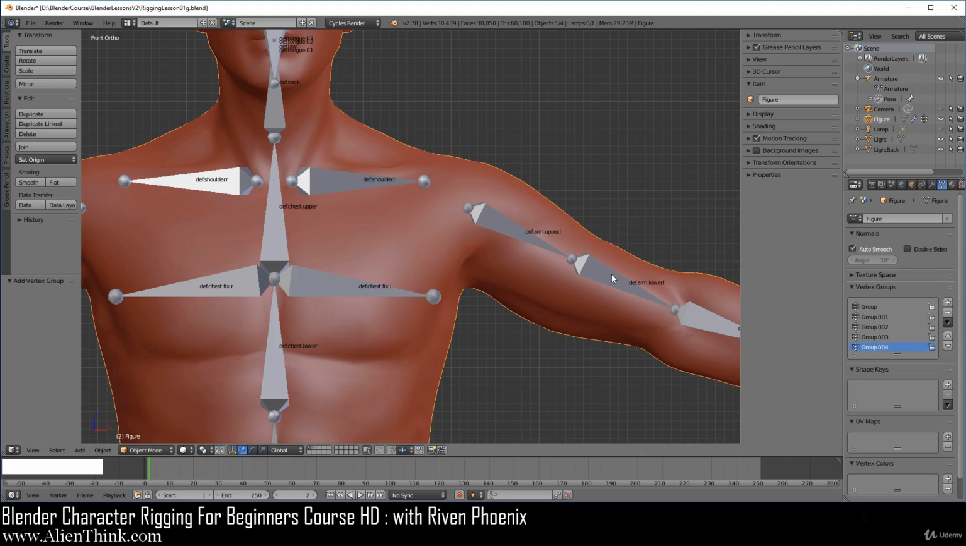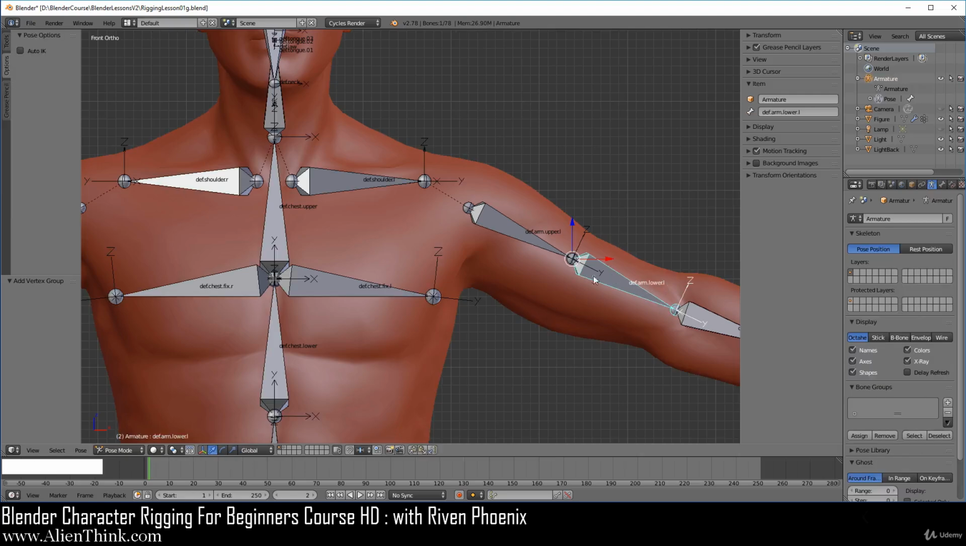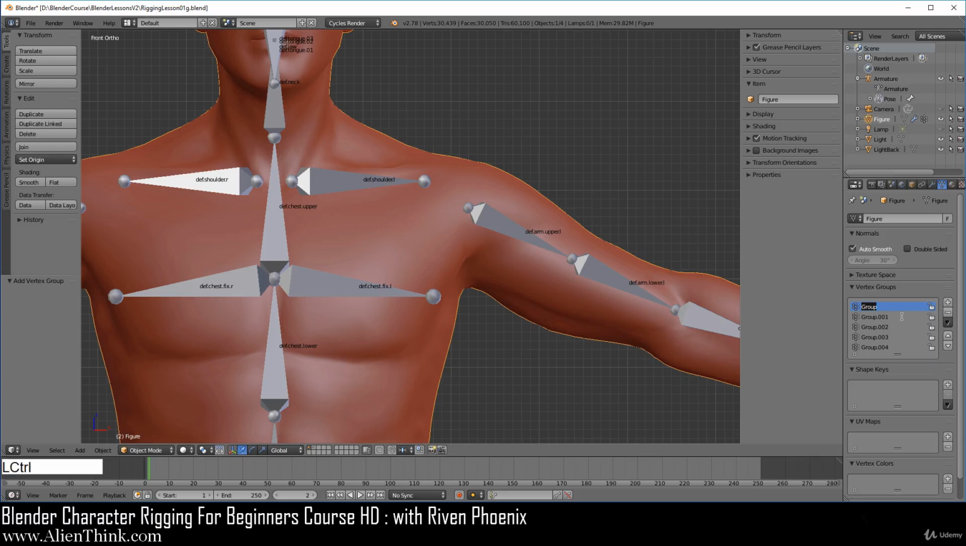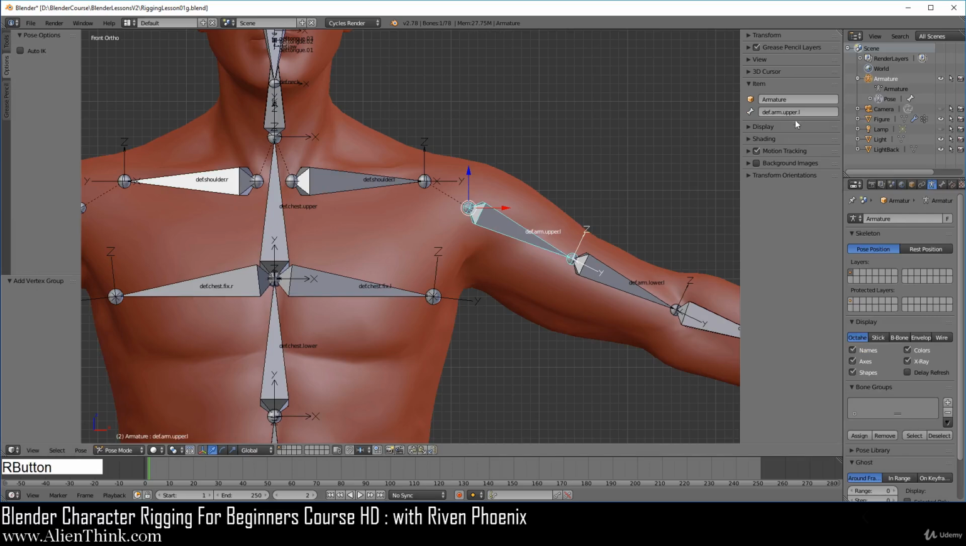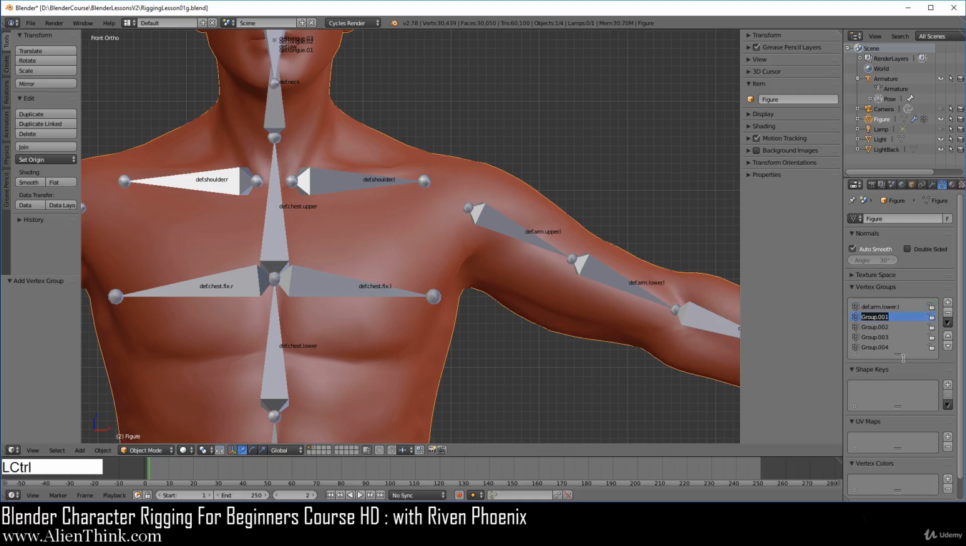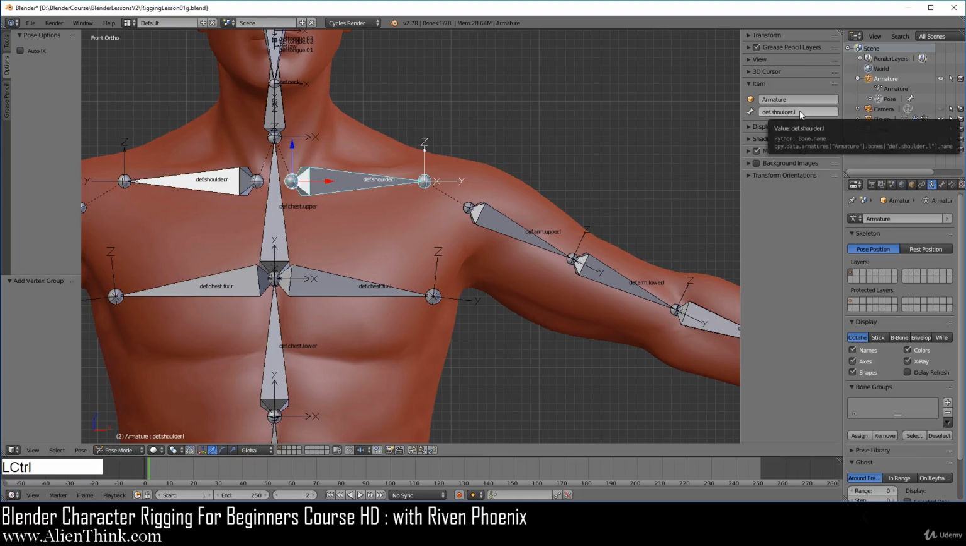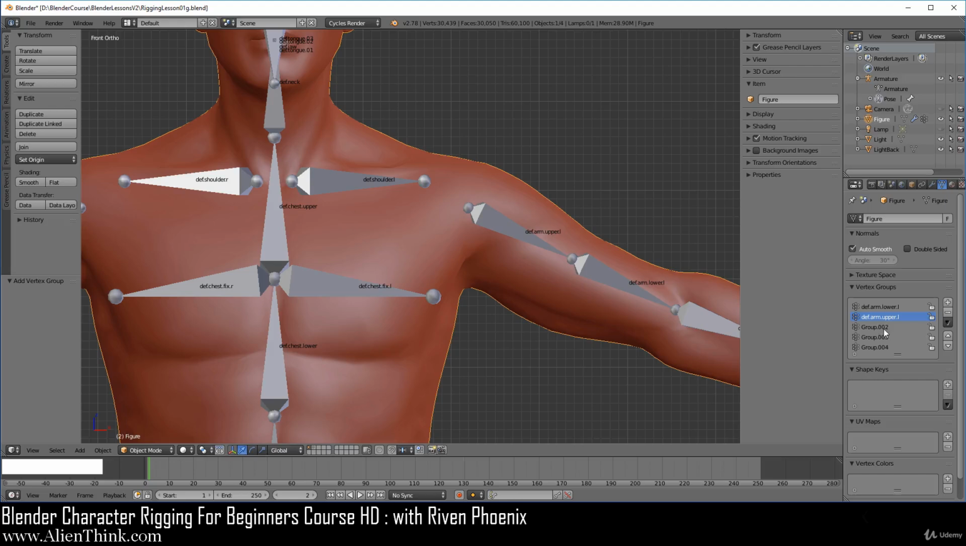Now go ahead and click on the devarm.lower.l bone first. Make sure that you're in pose mode to do this. Hover your mouse over here, do Control C, click on the figure, double click, do Control V, and press Enter. Now click on this bone, do Control C, click on the figure, double click, do Control V, and Enter. Now click on the shoulder bone, do Control C, click on this figure, double click, and do Control V, and